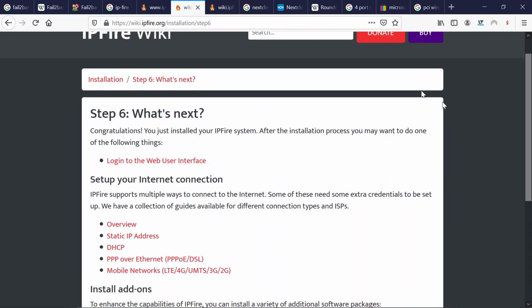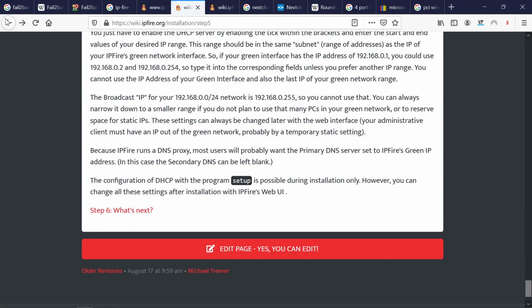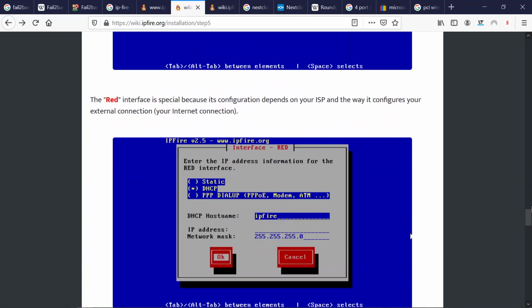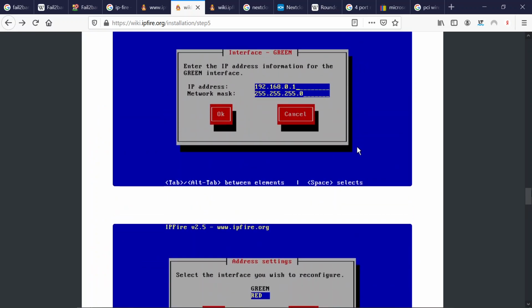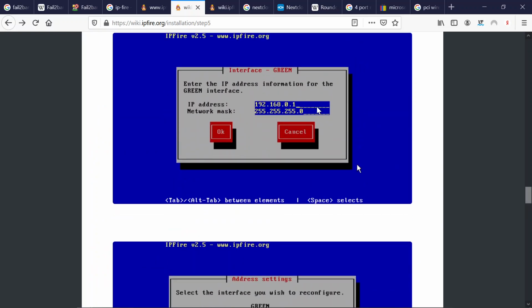And given the network address you have provided here in your green interface, which you have written down on a sheet of paper with the passwords you provided for root and admin,